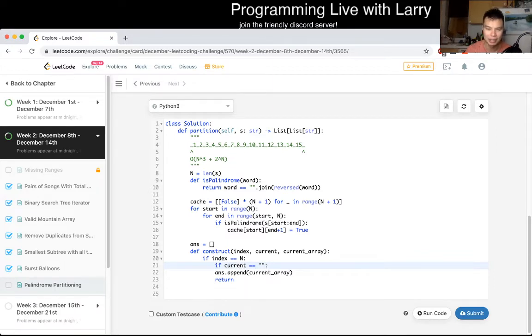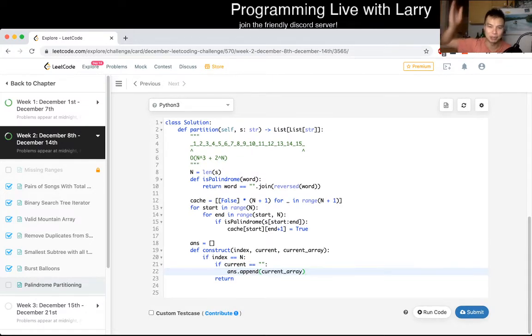And now we have to change a thing where if current is equal to empty, because if current is not empty, that means that something messed up somewhere. Or not messed up somewhere, it's just that we forgot to put the partition at the last one, which we should. So I could have also used the last element of the current array, but I feel like this is maybe cleaner, maybe, I don't know. But yeah, so now for each index,